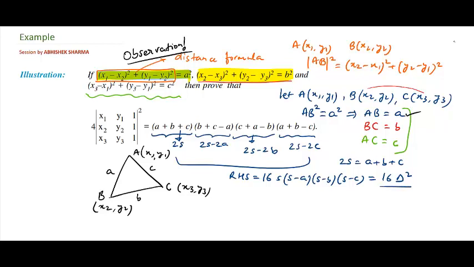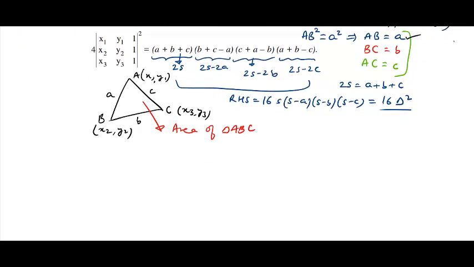Now using the result of coordinate geometry, we know that the area of the triangle ABC must be equal to half the determinant of x1 y1 1, x2 y2 1, x3 y3 1. This is a well known formula in coordinate geometry, the area of the triangle whose vertices are (x1, y1), (x2, y2) and (x3, y3). So area of this triangle is this value,